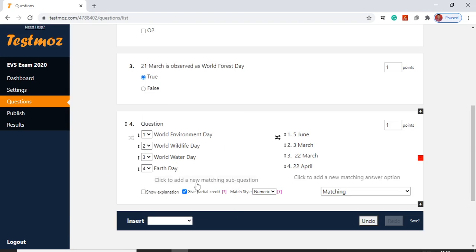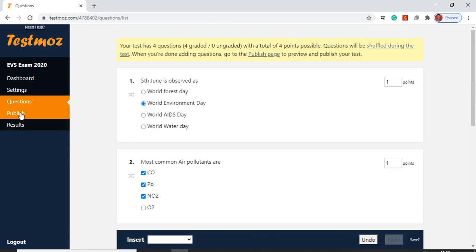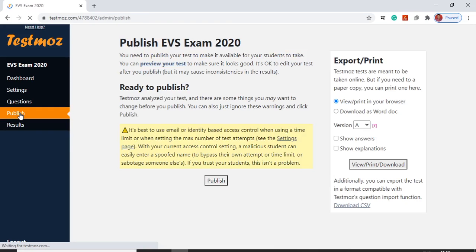So we will go to publish. When we click on publish, this message appears that you need to publish your test to make it available for students to take. We can preview our test by clicking here to make sure it's good. So, ready to publish, we will click on this.